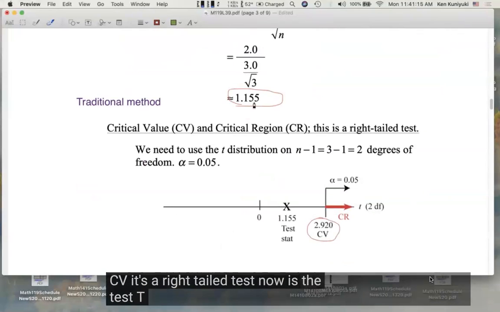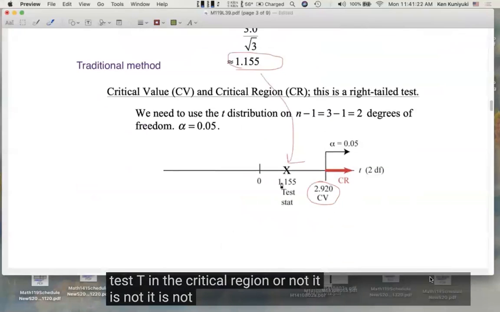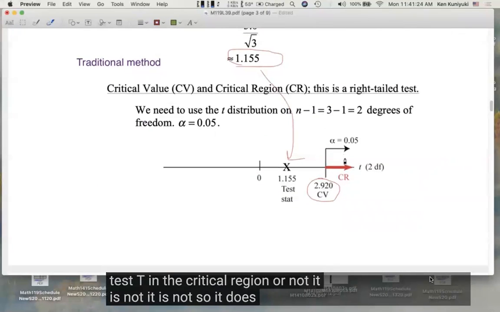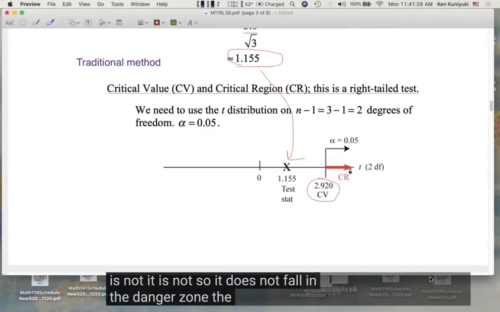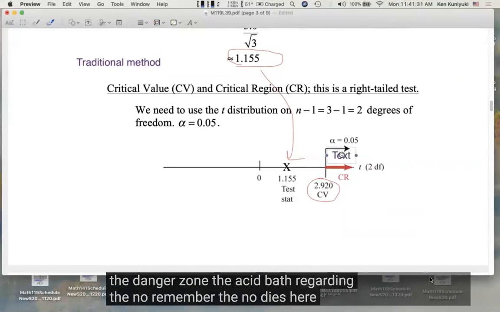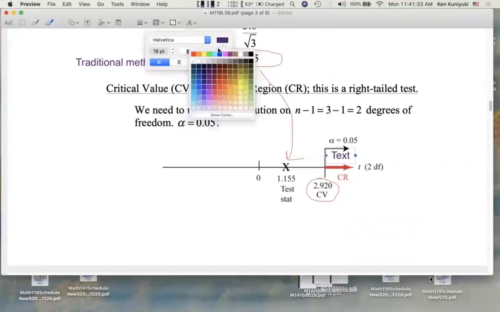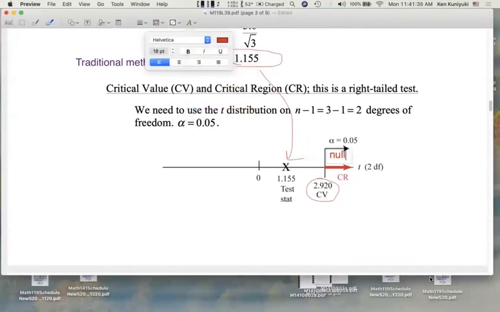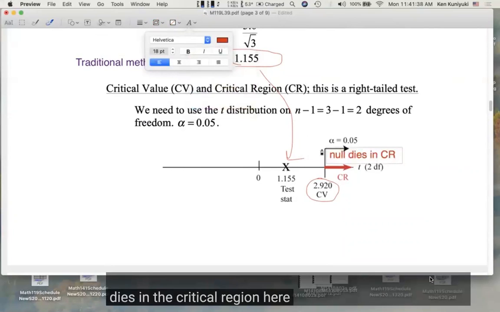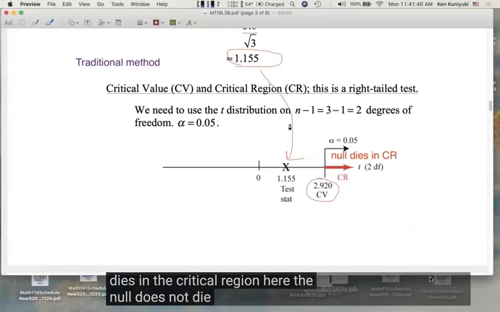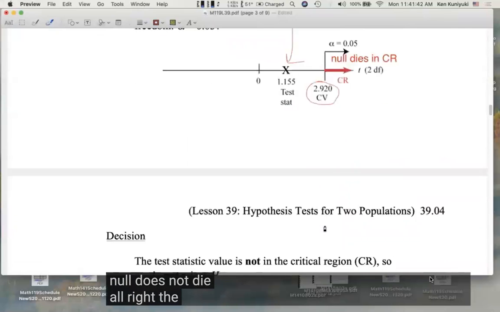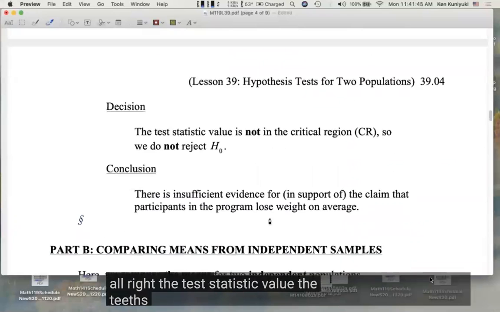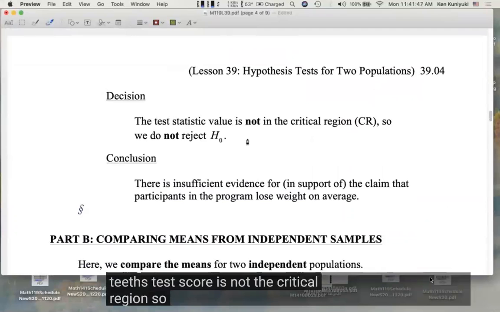Now, is the test T in the critical region or not? It is not. So it does not fall in the danger zone, the acid bath regarding the null. Remember, the null dies in the critical region. Here, the null does not die. All right. The test statistic value, the t-test score, is not in the critical region, so we do not reject